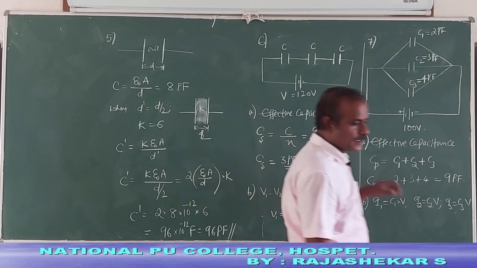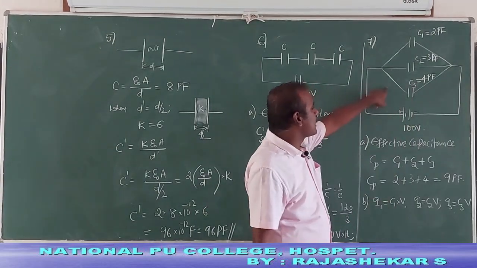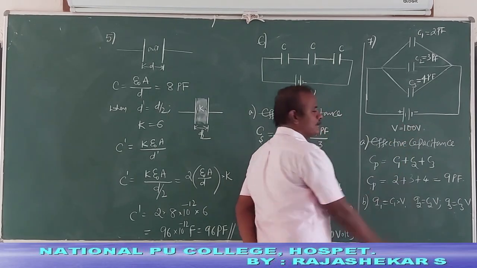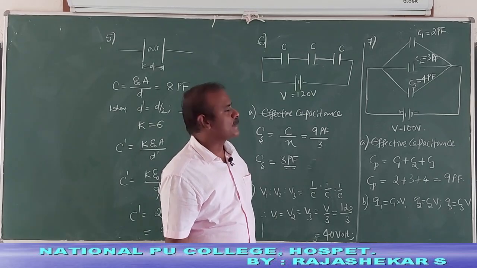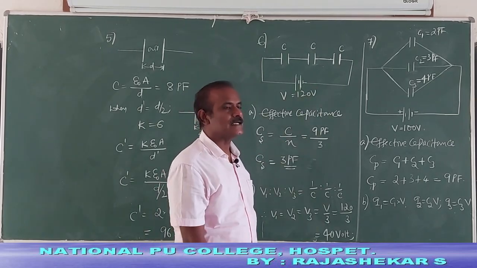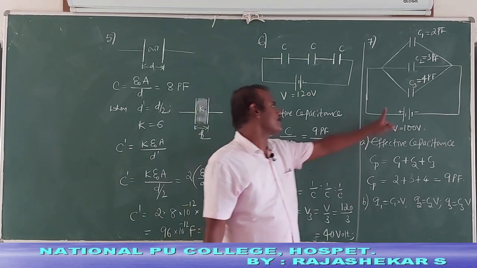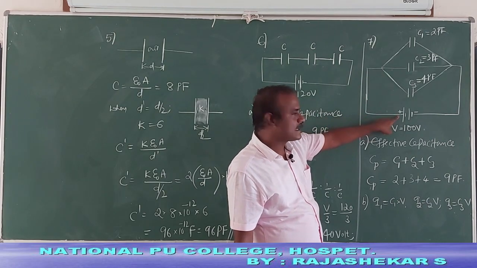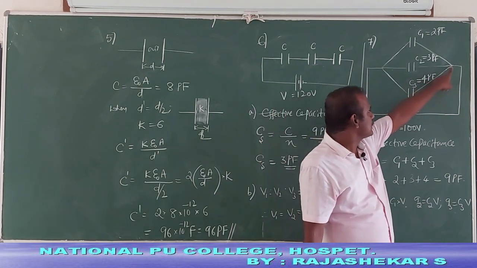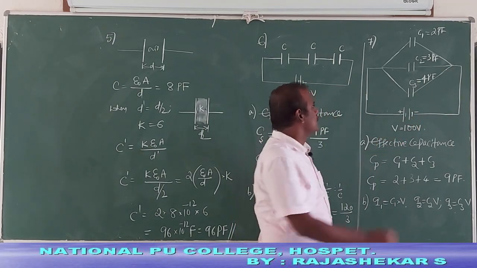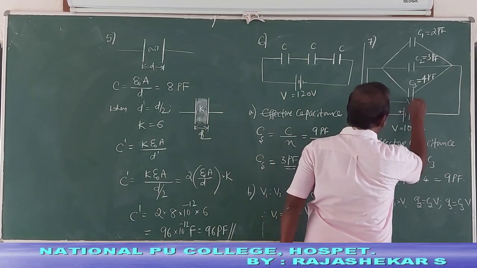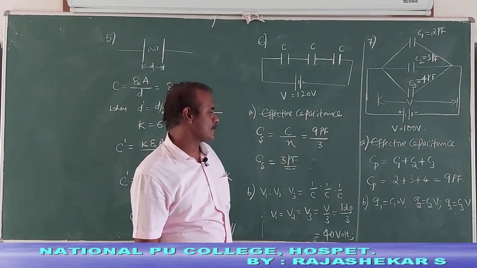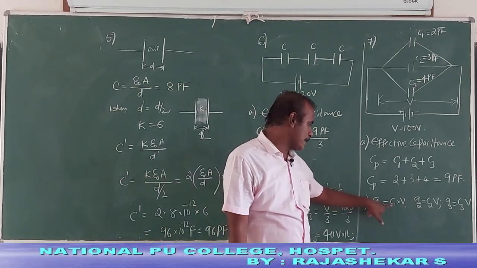Well students, you remember, in a parallel combination the potential will be the same for all the capacitors, because all capacitors are connected between the same 2 points. What 2 points? Between positive polarity and negative polarity. Connected here means connected to the positive polarity of the battery, and similarly connected here means connected to the negative polarity of the battery. Therefore the PD across each capacitor will be the same and is equal to the potential of the battery connected. So basically charge is equal to capacitance into potential.